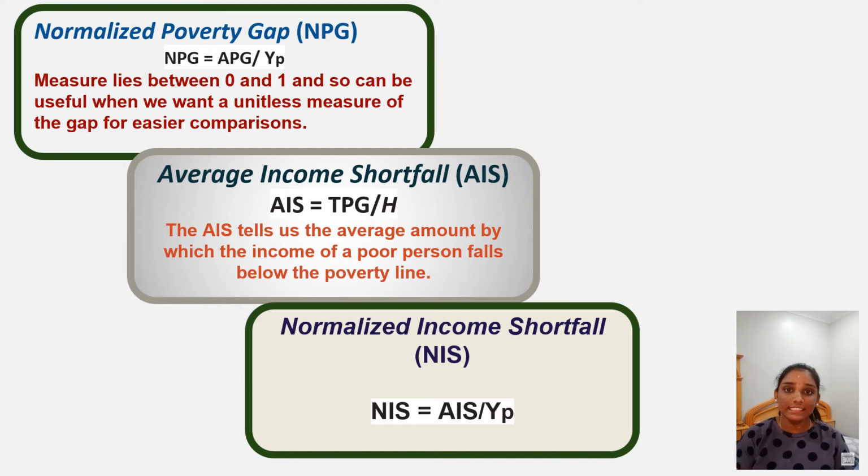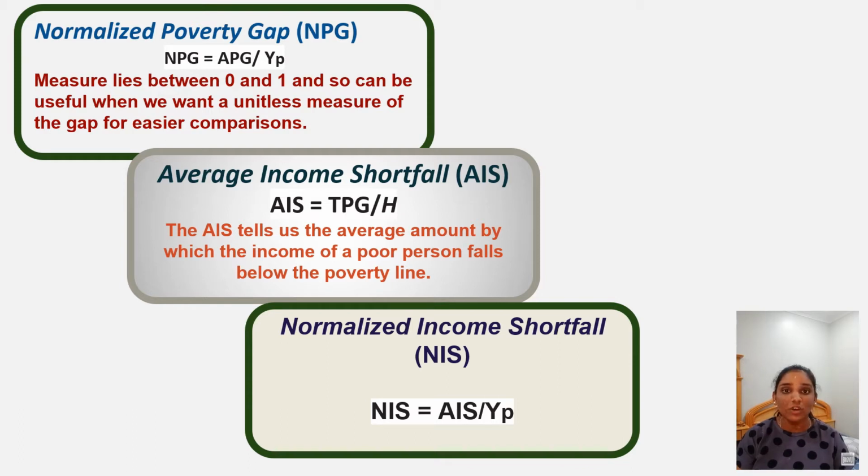Often we are interested in the size of the poverty gap in relation to the poverty line, so we will use as our income shortfall measure the normalized poverty gap, which is NPG. NPG equals APG divided by YP. This measure lies between 0 and 1 and so can be useful when we want a unitless measure of the